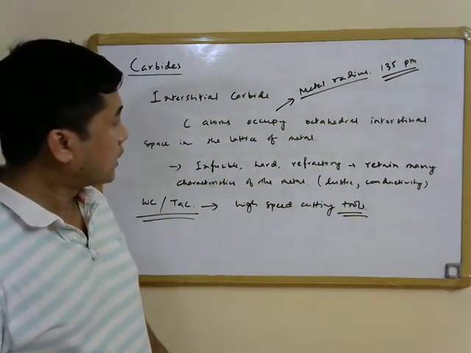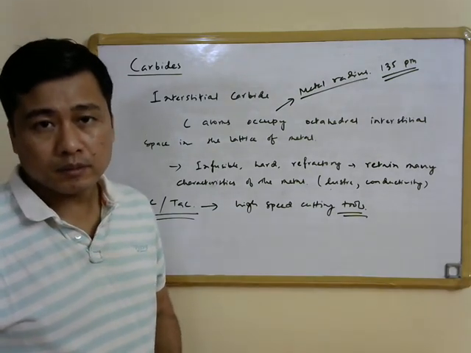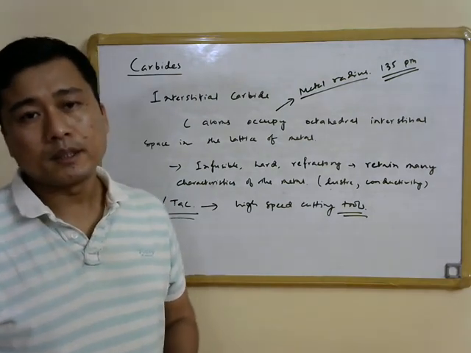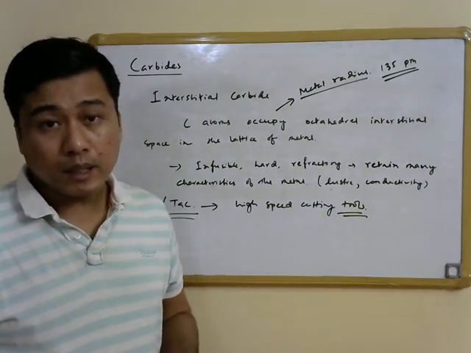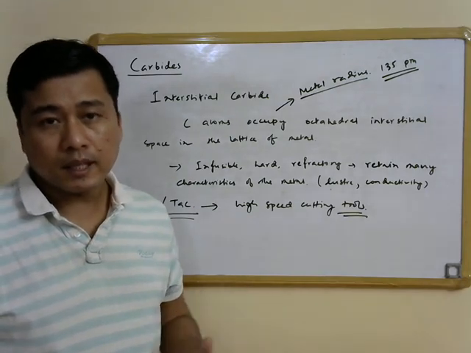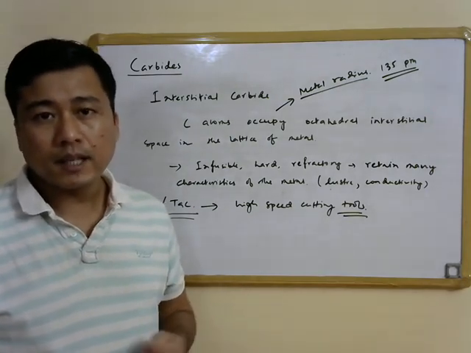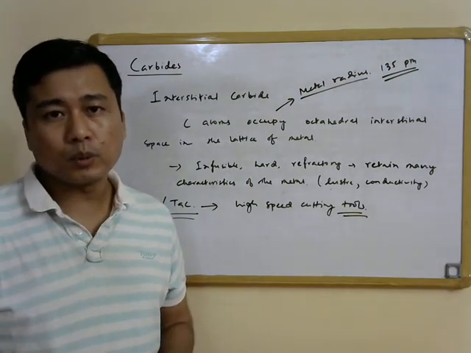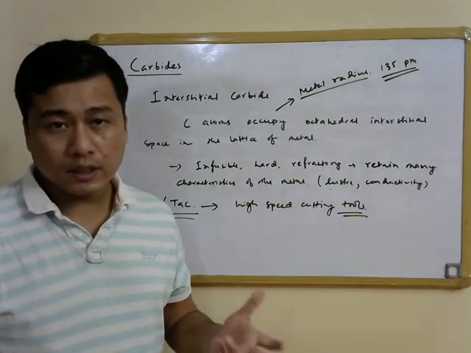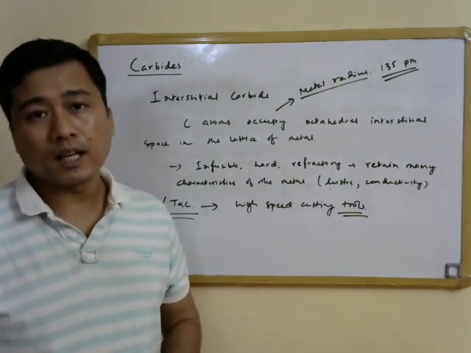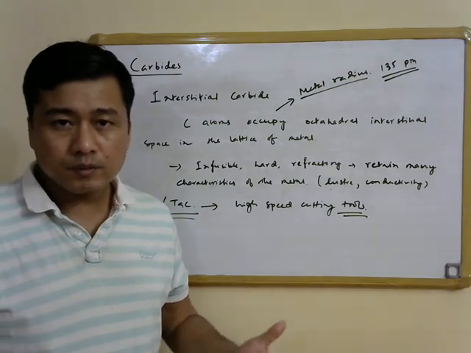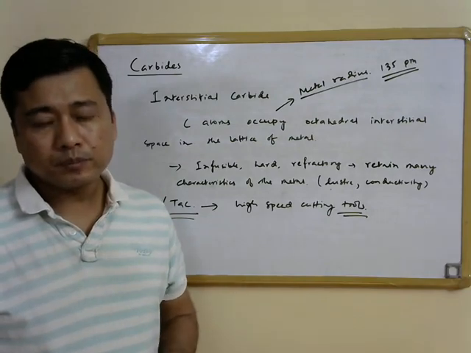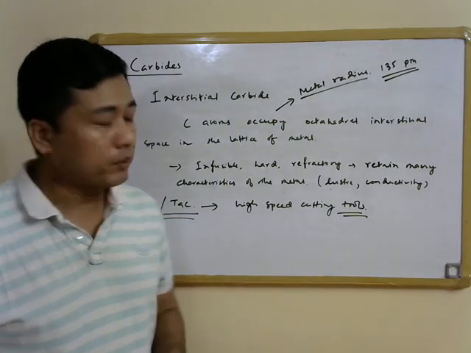So this essentially brings us to the end of this lecture. What we have discussed during this lecture are the metal carbides, and what we have seen is that we have ionic carbides as well as interstitial carbides. Ionic carbides are formed by electropositive metals, examples are alkali metals as well as alkaline earth metals, and apart from these, lanthanides also form polar or ionic carbides, and we have seen that